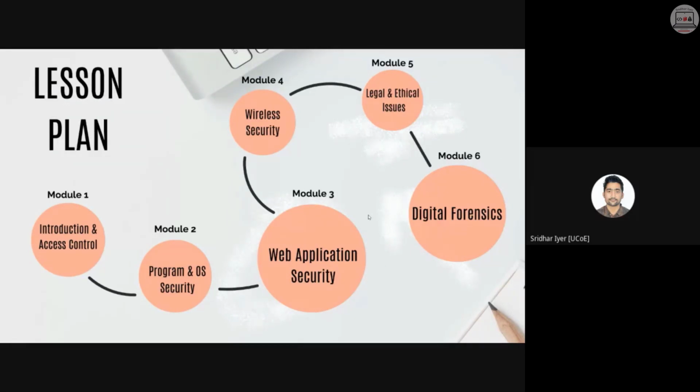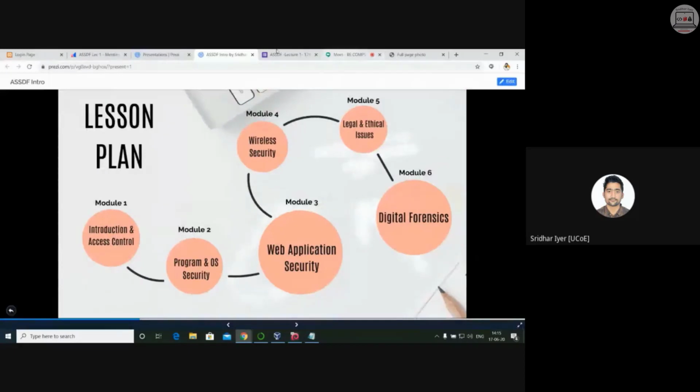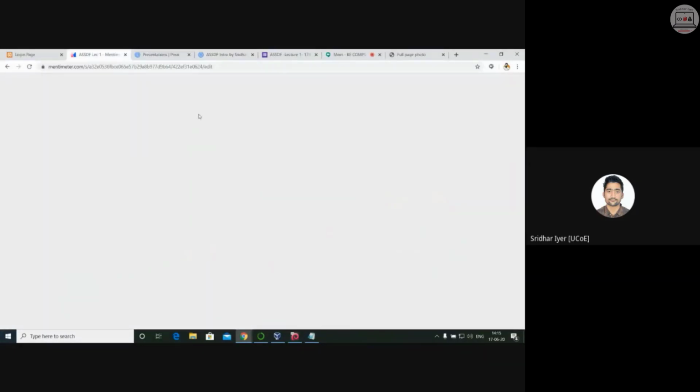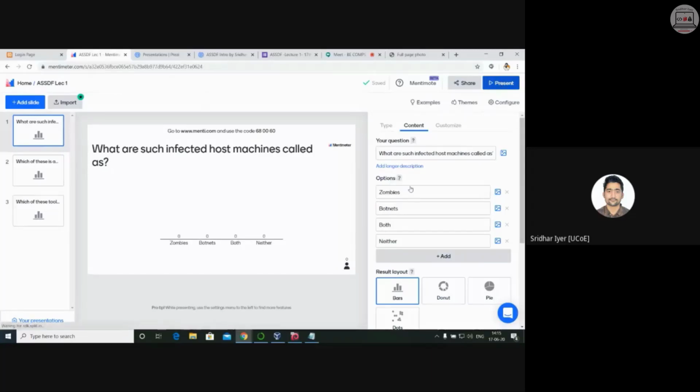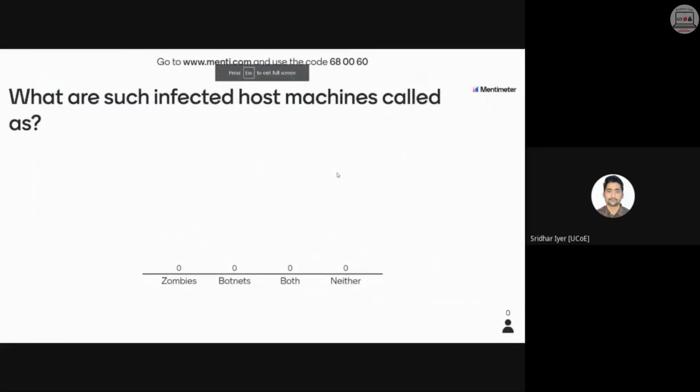Okay, but before going there, let me have something interactive for you. Okay, open your phones if you're having your mobiles with you. Go to this website. It's called menti.com, menti.com. I guess I had already asked to carry a phone, or if you're using a laptop, it's well and good. Go to this website and use the code 680060 and give your answers. Then we'll check whether you're right or wrong. It's basically what we have done in the previous year. So kindly use that knowledge and answer it. No issues if you're wrong. Let the whole world see how many answers I'm getting.